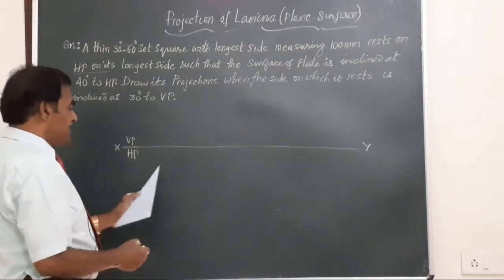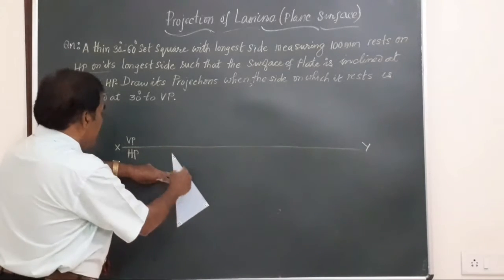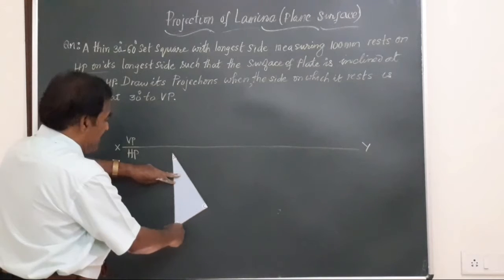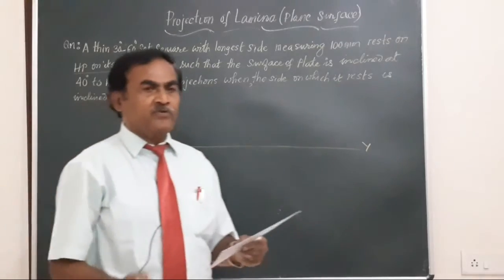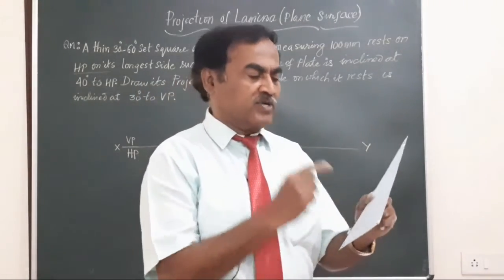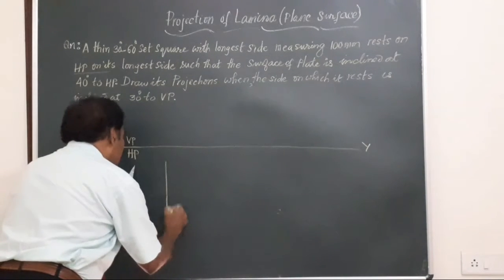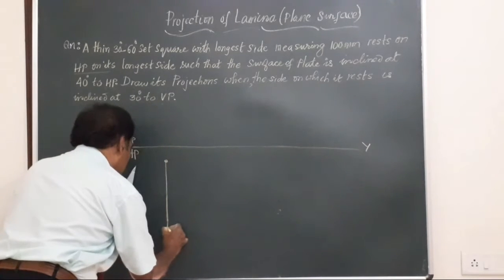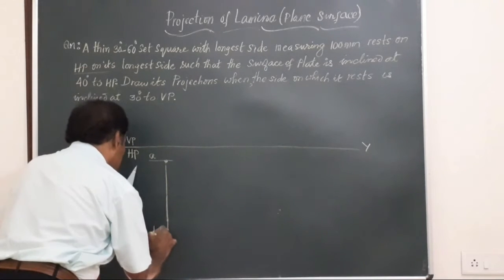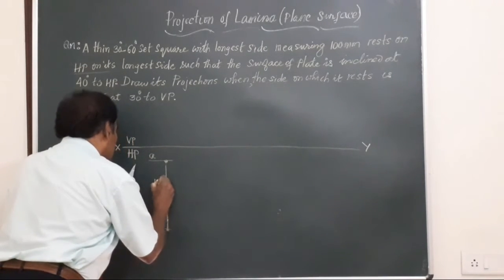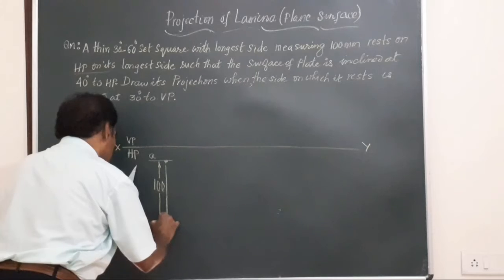So I am going to place this lamina such that the lamina is on HP now. I get the top view, a triangle with AB measuring 100 mm. Let me see how to construct. Basically, before drawing the problem, you should also know how to construct that. Here the side AB is vertical. So I make a line here of length equal to 100 mm. I will call this AB. This AB measures 100 mm, the longest side.